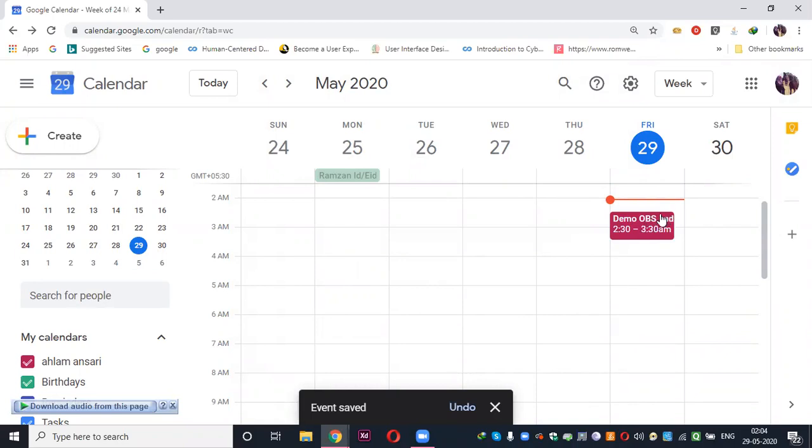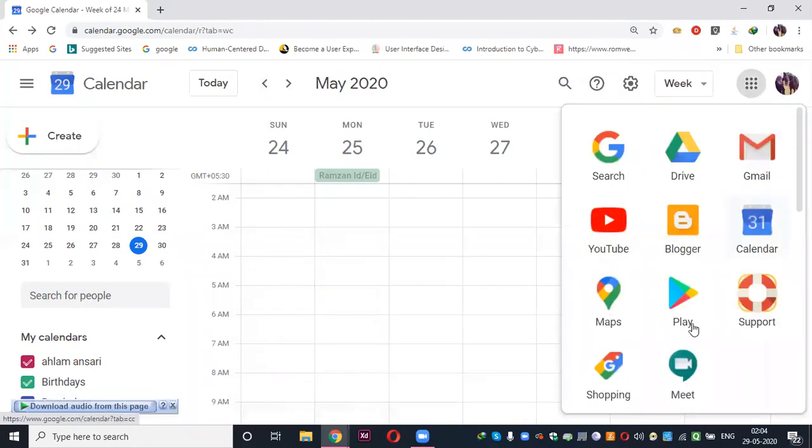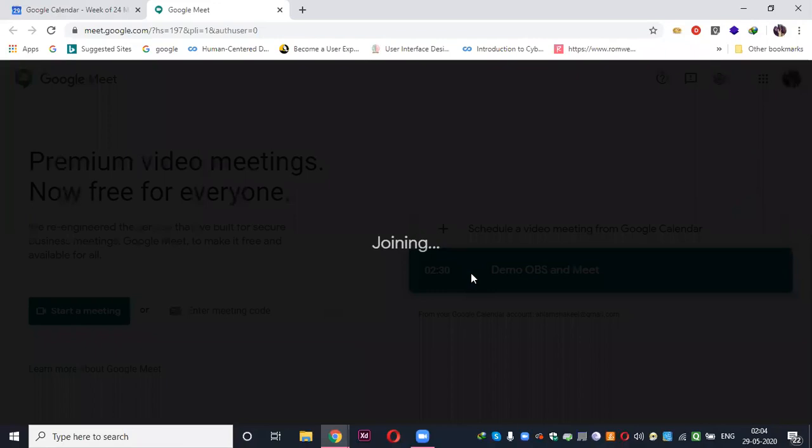Now what I have to do is go to Google Meet. So I'll go again to the app grid over here, and go to Meet, click on it. See the meeting that I've scheduled, I can see it over here, and I can just click it to join it.